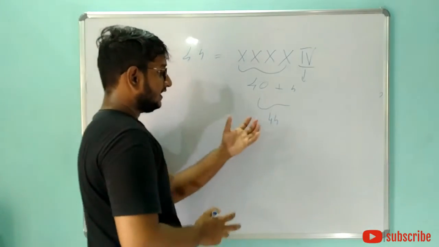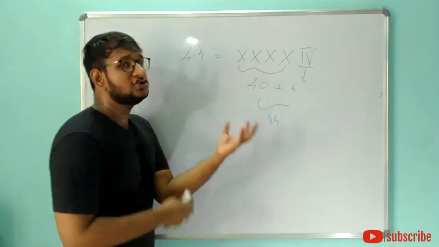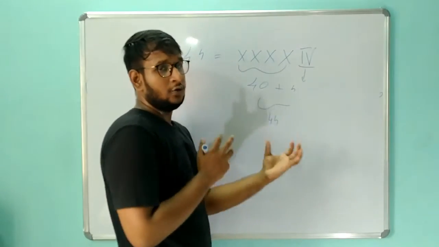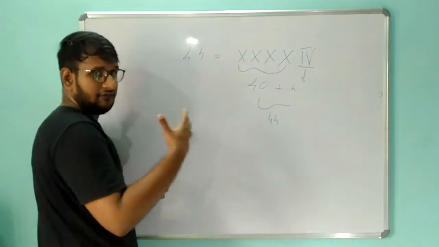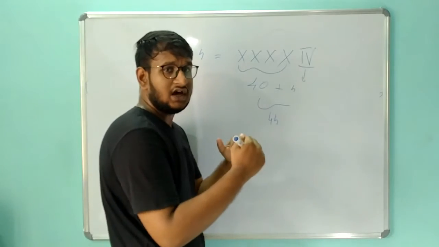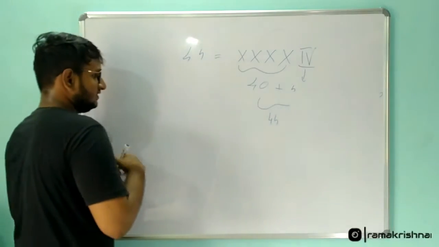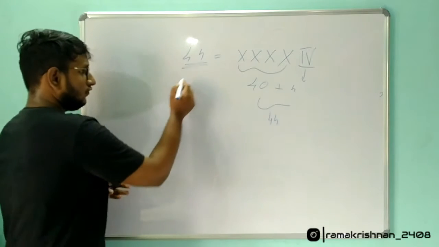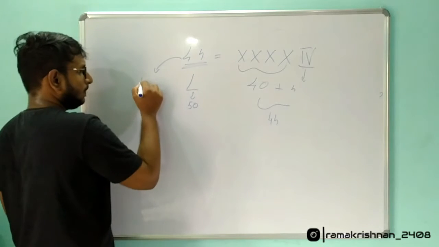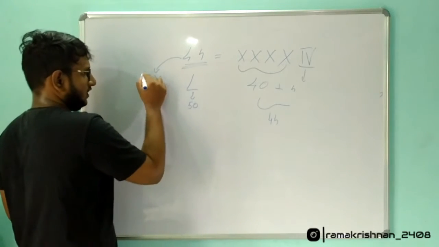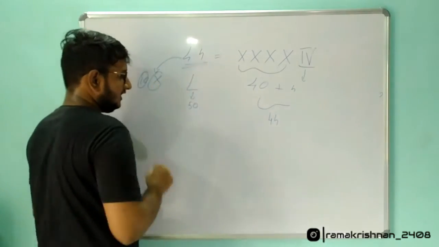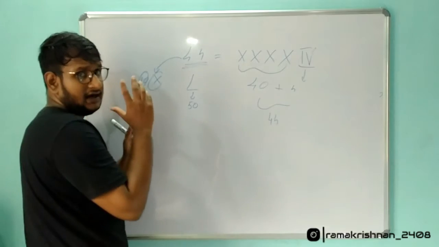This might seem like a correct way, but it's not, because this is not exactly how Roman numerals work. Roman numerals work in a different way, where they see which symbol is nearer to the other. For example, if we take 40, 40 is closer to L, that is 50, rather than to 10, that is nothing but X. So it is closer to 50, and we can go by placements.